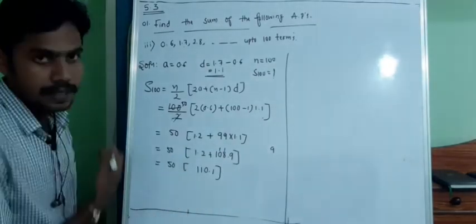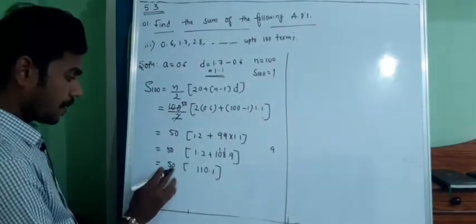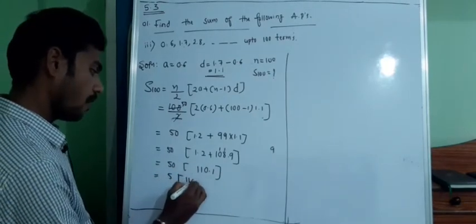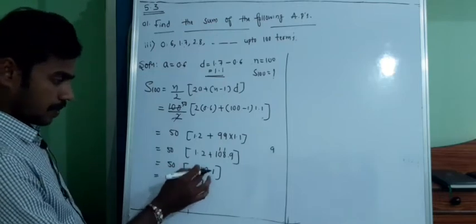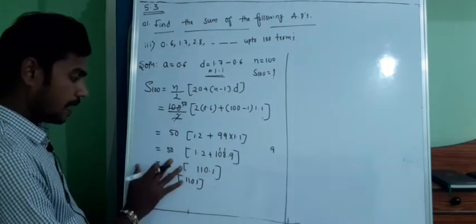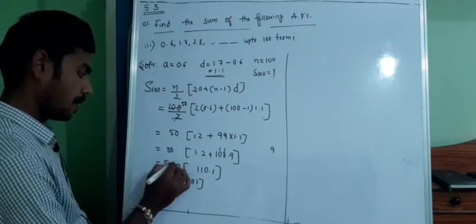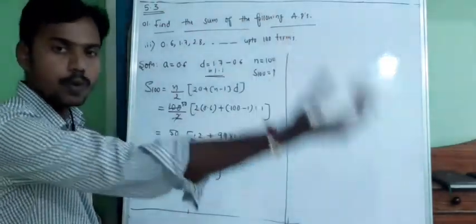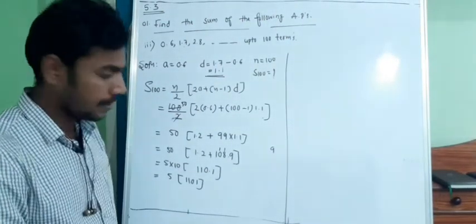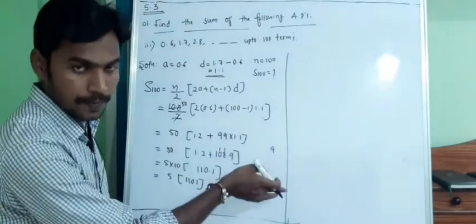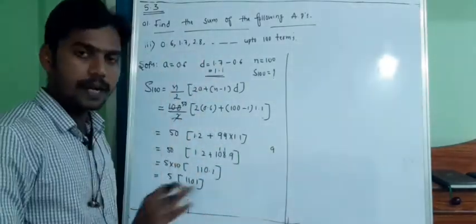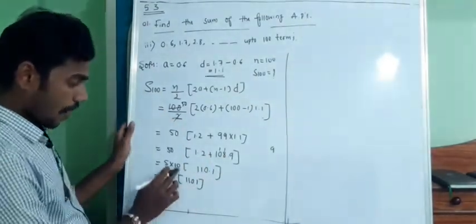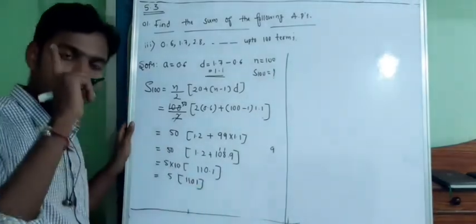I think you know these basics. See, if I multiply with 10, it will become 5 into 1101. So 50 can be written as 5 into 10. 10 into 110.1 is nothing but the decimal will move to the right. When I multiply with 10, the decimal will move to the right by one place. If I divide it by 10, the decimal will move to the left by one place. Now I am multiplying it with 10. It will move by one place.